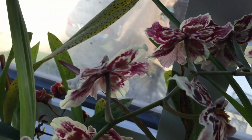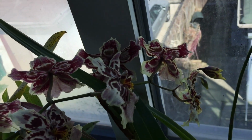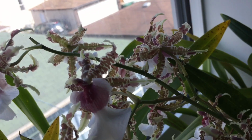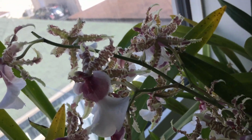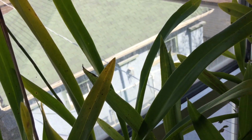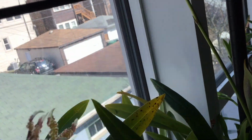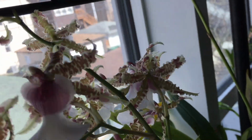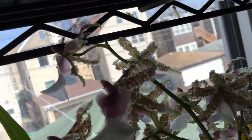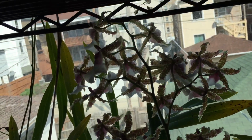This Bergiara Spanish Gold, which doesn't seem to have very much gold, is still in bloom. And then I have a Miltassia here that's in bloom, which I know what it is. I just need to read its tag. Whoops. Let's see. This is, oh wait, this is tagged, no, whoops. Looking at the wrong pot. I have a giant spike in my throat. I apologize. Okay, so this is